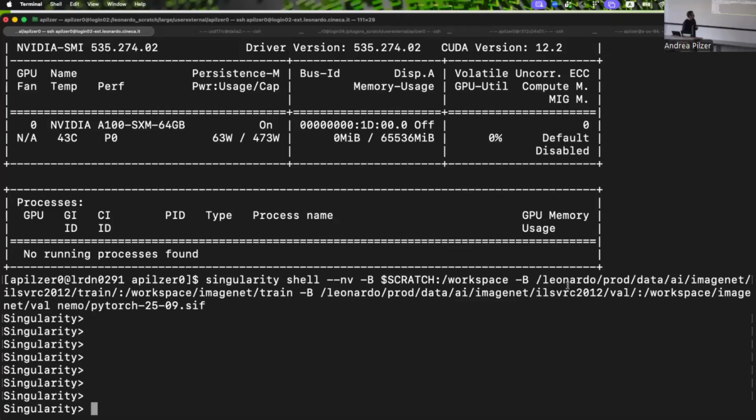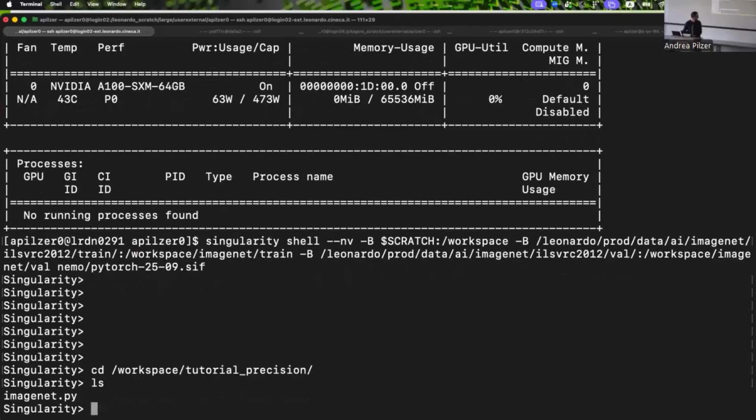What I will need to pass to my container is the folder where the data is stored. The cluster already has the datasets downloaded for me, so I'm happy like this. And then I go to